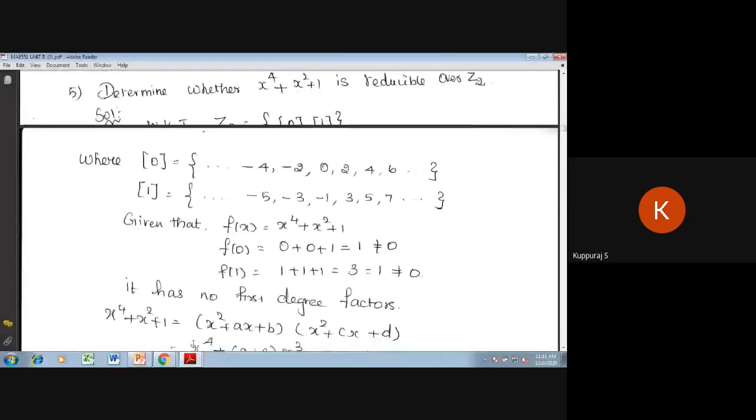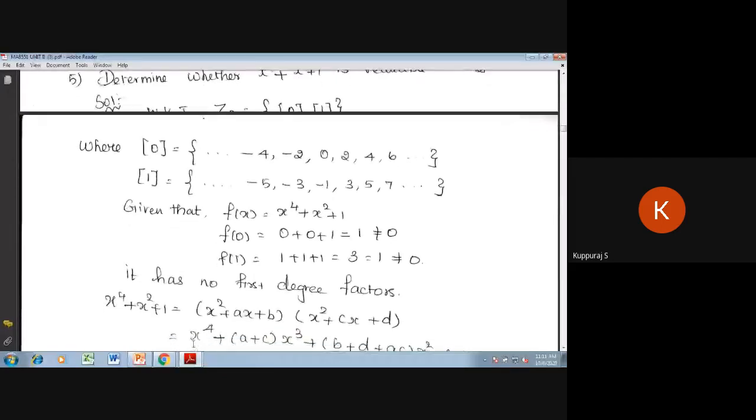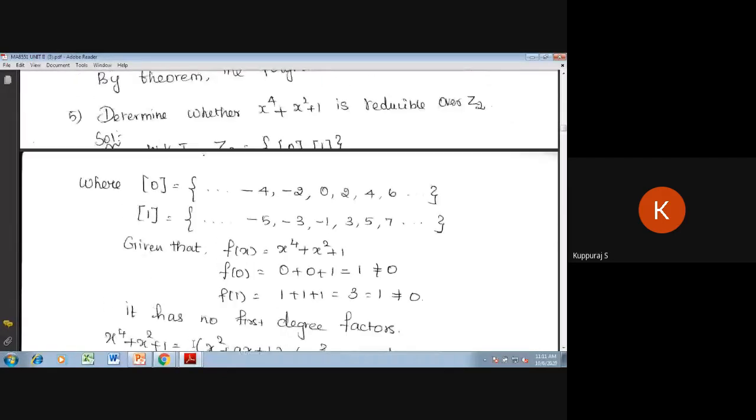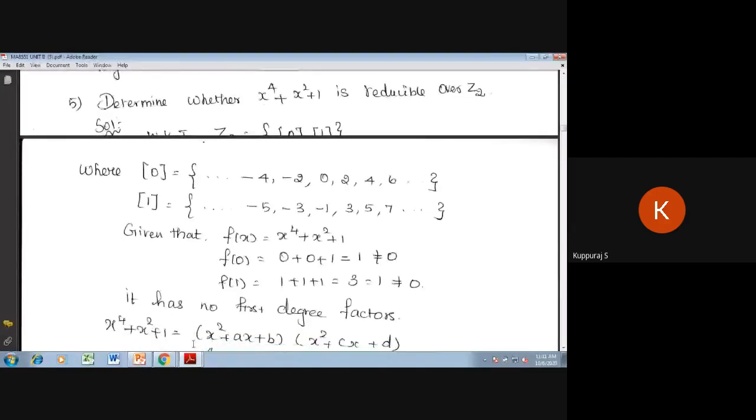On the next problem, determine whether x power 4 plus x square plus 1 is reducible over Z2. So you know Z2 contains only the two classes 0 and 1. So the given polynomial can be taken as f of x. f of x is equal to x power 4 plus x square plus 1. Now putting x equal 0 and x equal to 1. So f of 0 is not equal to 0, f of 1 is also not equal to 0, which means